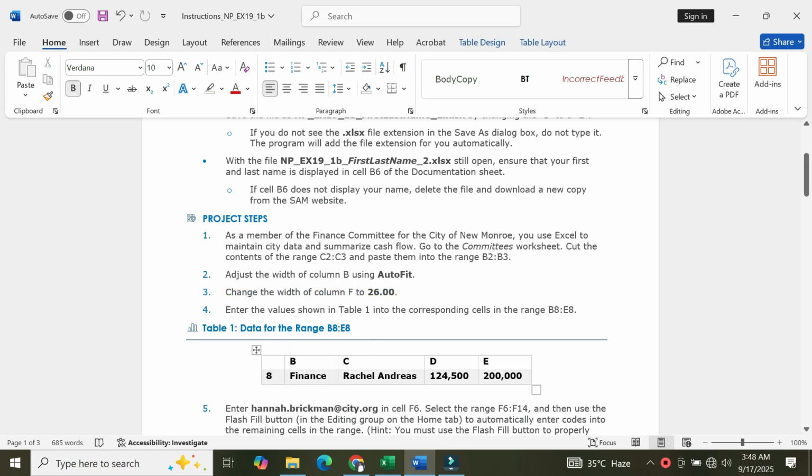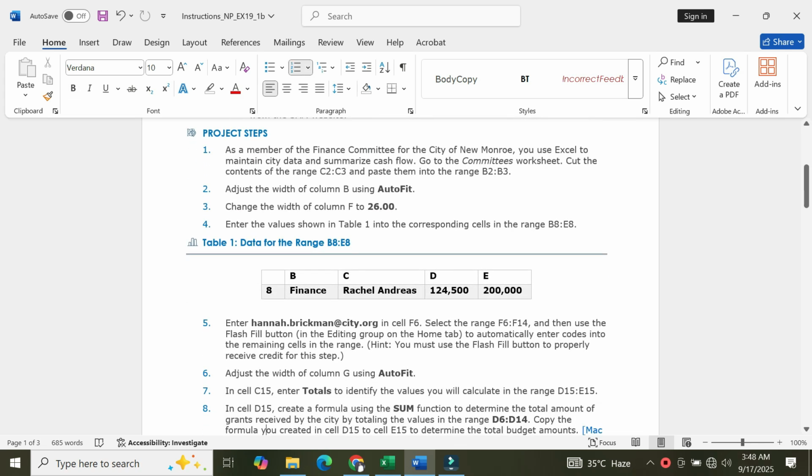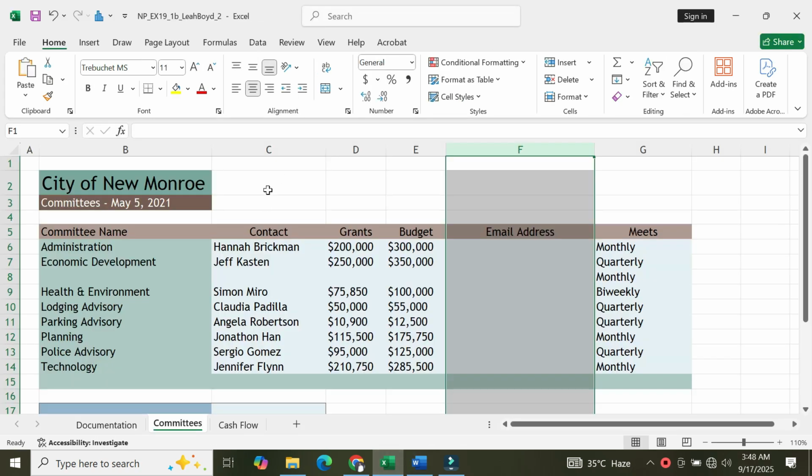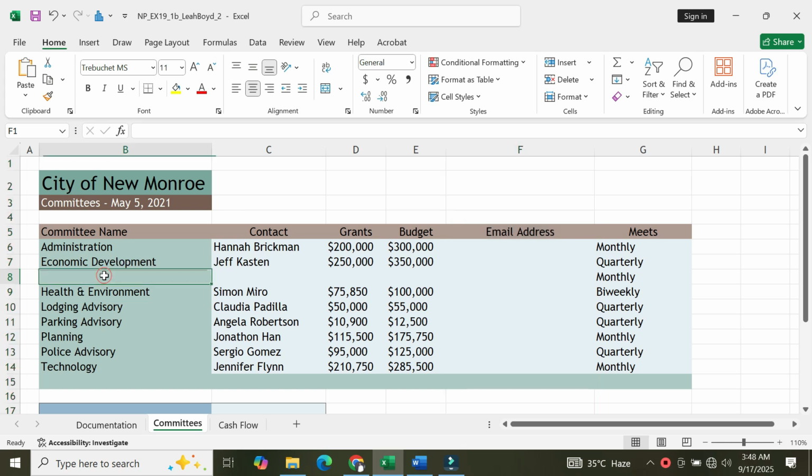Question number 4: enter the values shown in Table 1 into the corresponding cells in the range B8 to E8. Okay, so we need to fill these values in cells B8 to E8. One by one we will copy this, Control C. This is our cell B8. Control V. Okay,